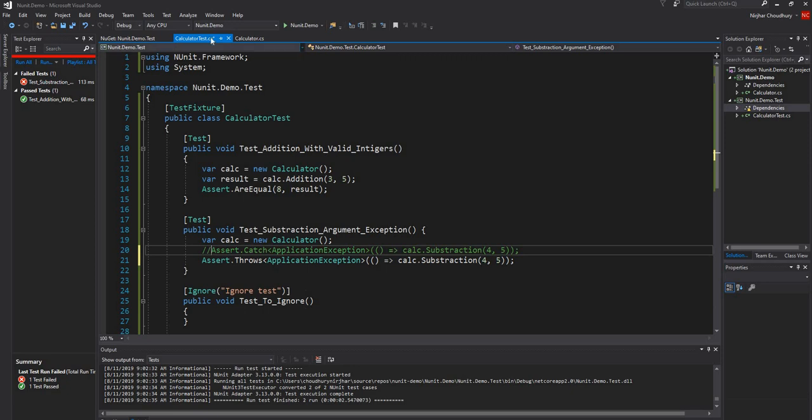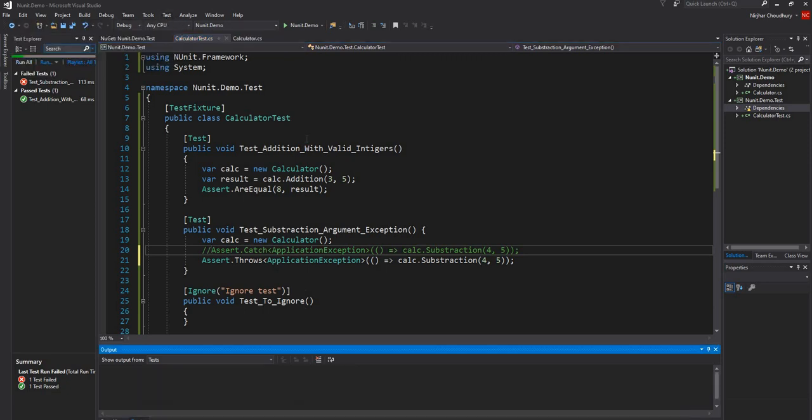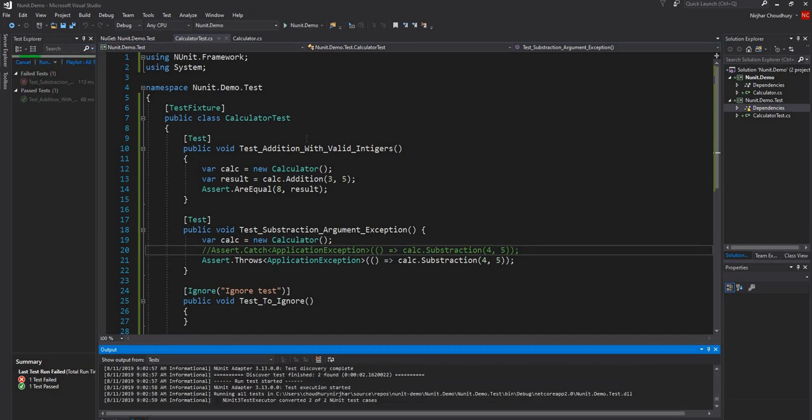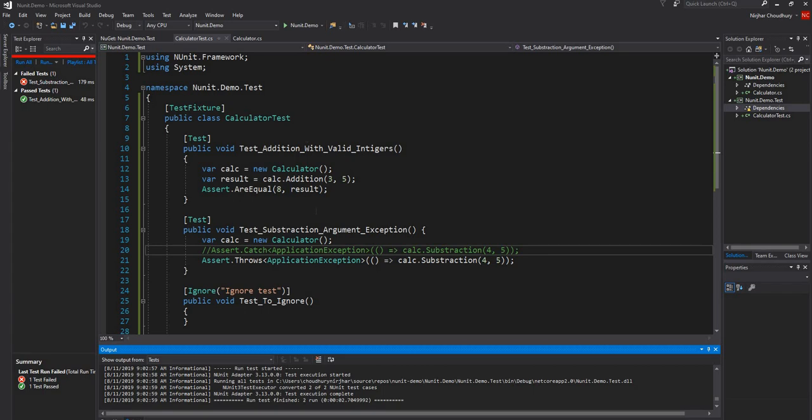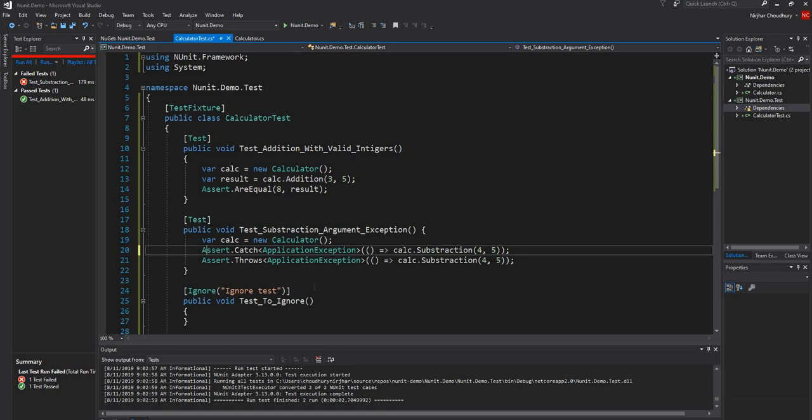Probably throws is the one which can have... Oh, it's not application exception, it should be argument exception. So I have to change my code here